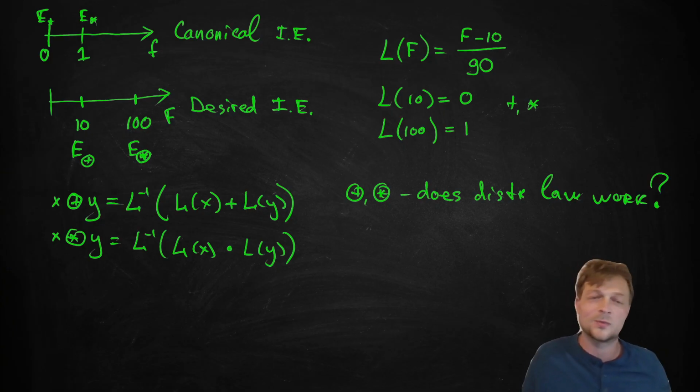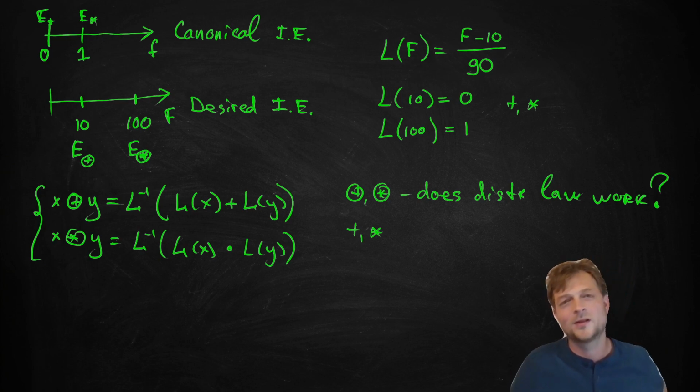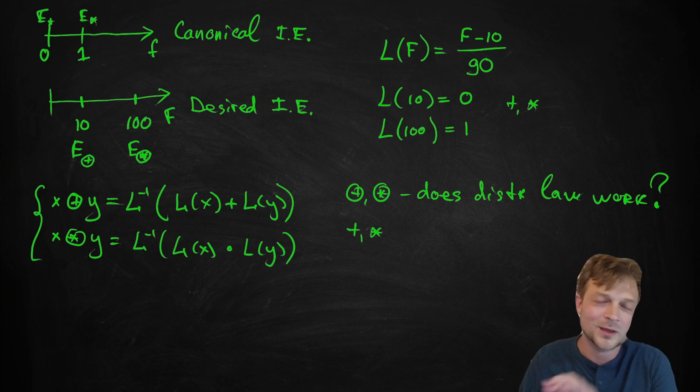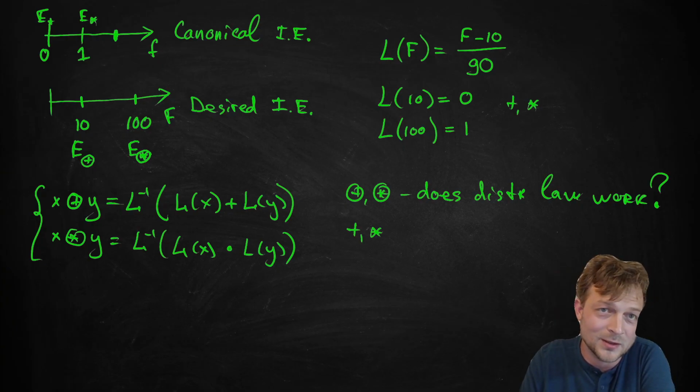As soon as we have a linear transformation L, and for plus and multiply we have a distributive law, then the circled plus and circled multiplication defined this way will satisfy the distributive law. So for two elements we have a solution, but now let's add another element, which is 2,